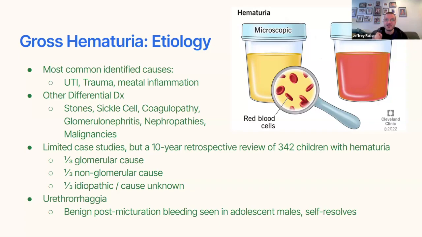Benign isolated hematuria is very, very common, especially in boys. We will discuss it later. But there is also urethroragia, which is just post-micturition bleeding that can be seen in adolescent males. You will pee, have a completely normal urine stream, and then just a couple drops of bright red blood will come out after the urine stream ends. No one knows why it happens. It's benign. It goes away on its own. So keep that in mind when these adolescents present to you, you do your workup, you send a UA, and if everything's fine, it'll probably be fine because there is this benign post-urination bleeding that can be seen in adolescent males.